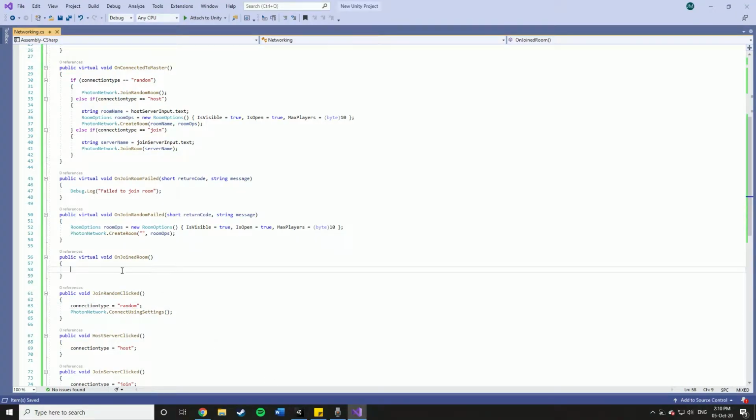So we've gotten to this point on joined room. This is called when any of our ways of joining a room works. So obviously in this one we want to spawn in our player and delete our canvas and all that sort of stuff. So we've made our player